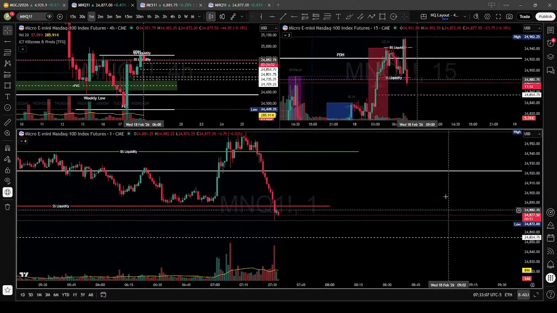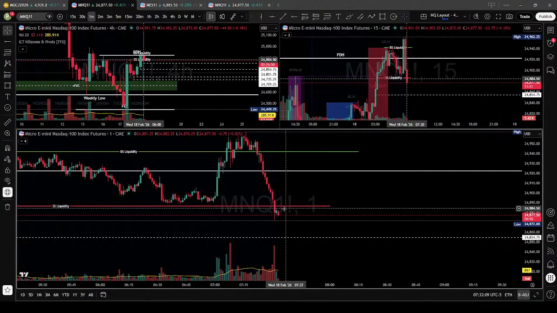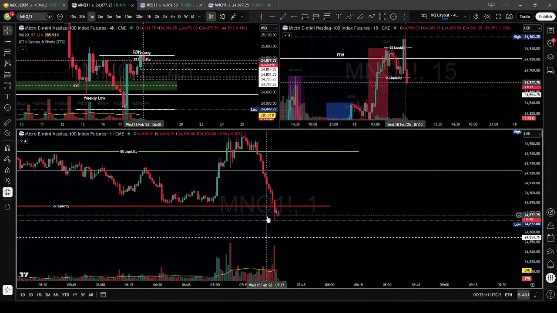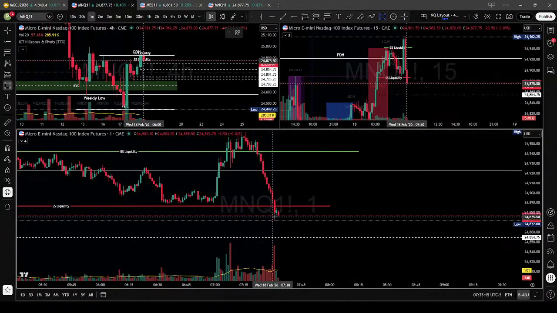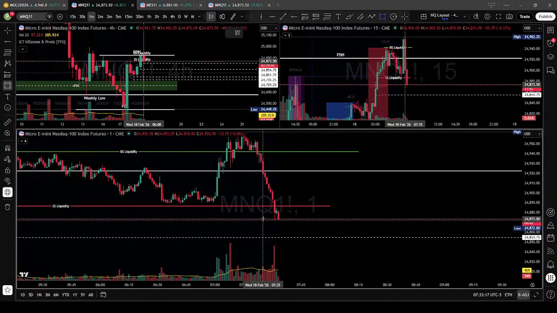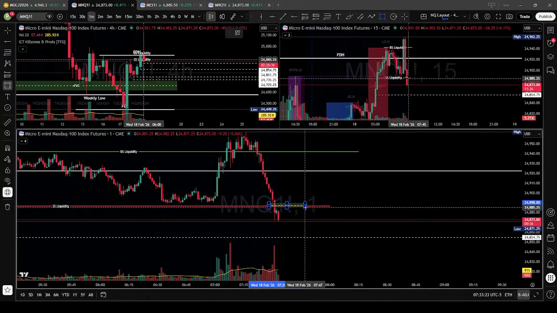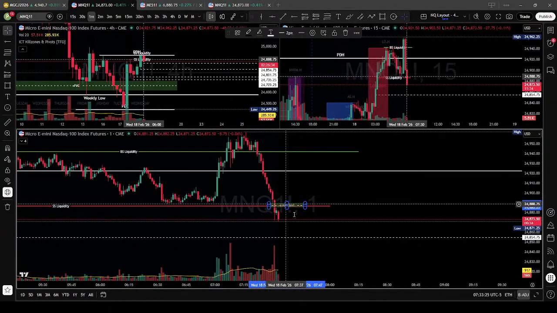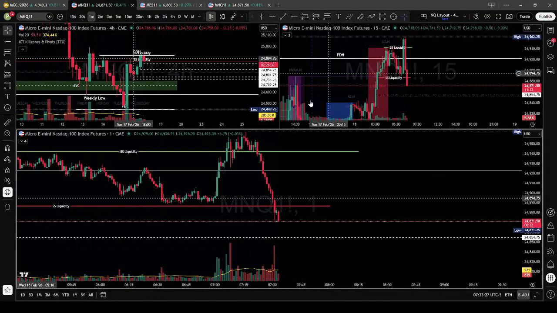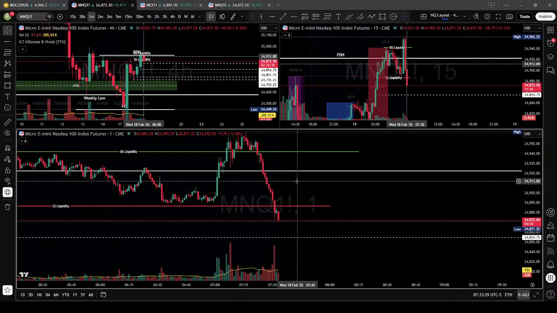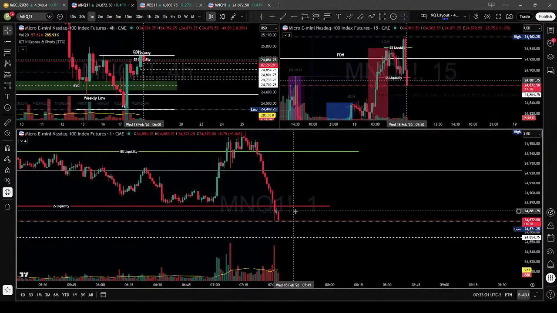If I'm bull bias right now, what I'll be looking for is a structure shift or good inverse fair value gaps, like all these fair value gaps right here. If these get inversed, this one we have a fair value gap here, if one of them gets inversed with a strong V-shaped recovery, then we might be looking for